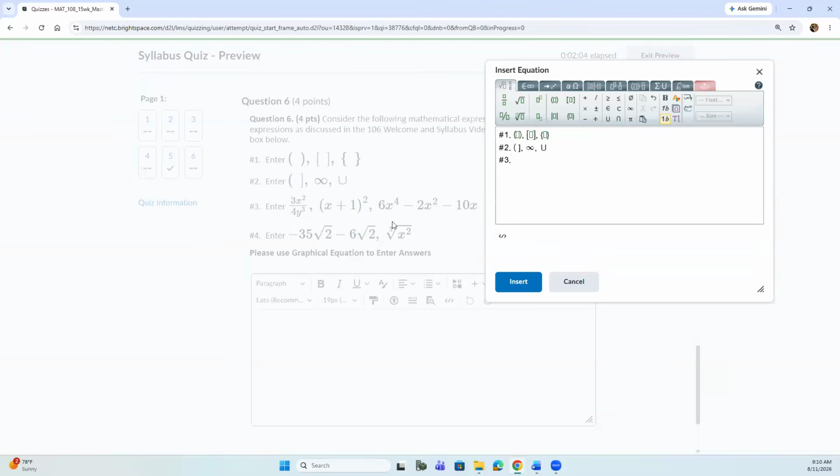Number three. Number three wants me to enter a fraction. Do not use a slash for a fraction. Okay, we have a fraction bar, so let's use our fraction bar. Don't use a slash, use a fraction bar. The number three, a regular letter x on your keyboard. Exponent is a superscript,